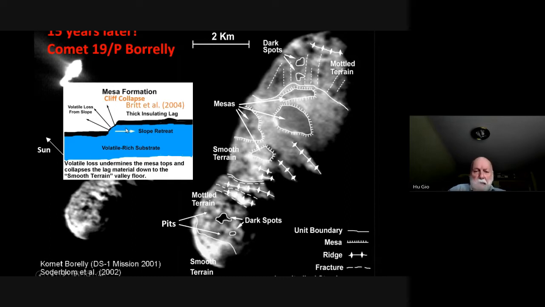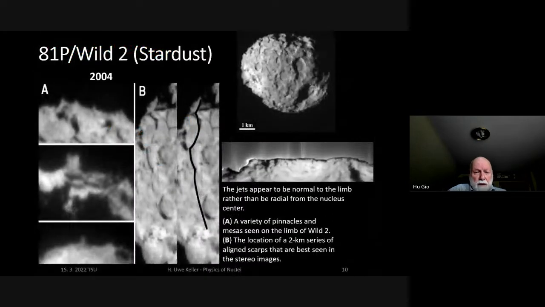That was one idea, but lots of ideas came up, and they were difficult to confirm, so everybody was interested in the follow-up mission, Stardust, where you also had a flyby. Here the comet was not bilobal, it was much more spherical and somewhat smaller, and again we saw an extremely rugged surface. It was clear that this surface is maintained by a refractory material and not by icy material.